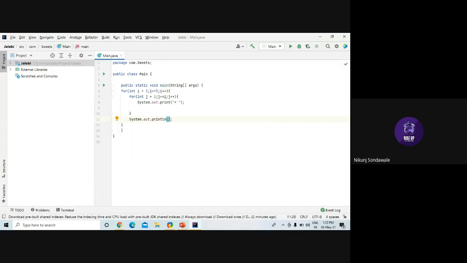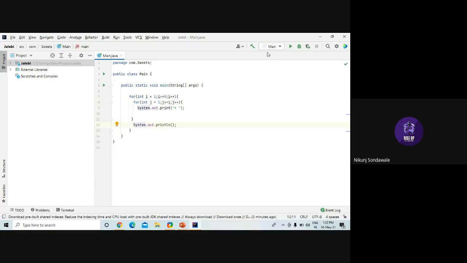This should be an empty println, and my program here is done. Okay, so this is our program, right?